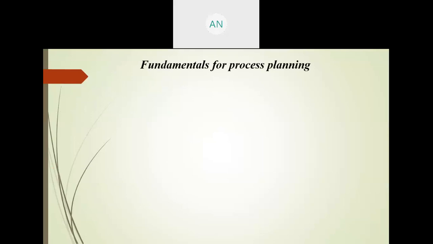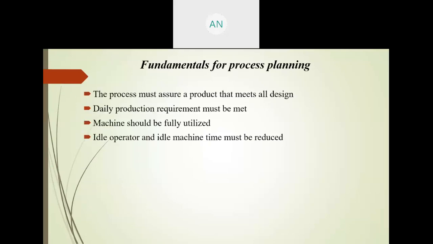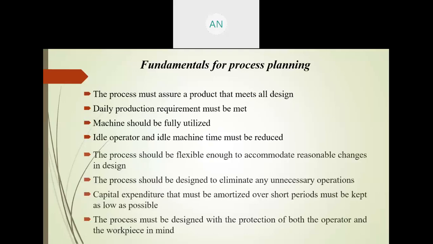Now the fundamentals of process planning. The product needs to meet all specific design requirements from the customer's point of view. Then the daily production: suppose I say that today I need to make 1,000 products. Those 1,000 products need to be made in order to reach the production rate properly on time. Once the production rate has been reached on time, the customer will be satisfied. All the machines in the unit should be utilized up to 100%. No machine or operator should be idle. Whenever a change has come